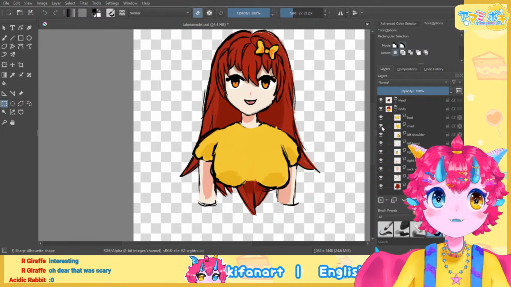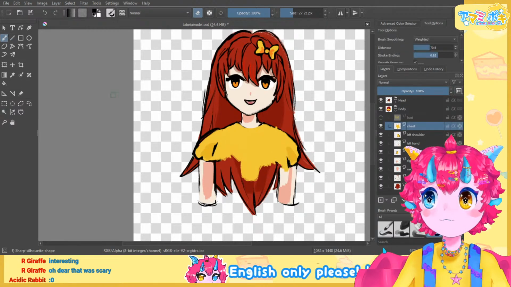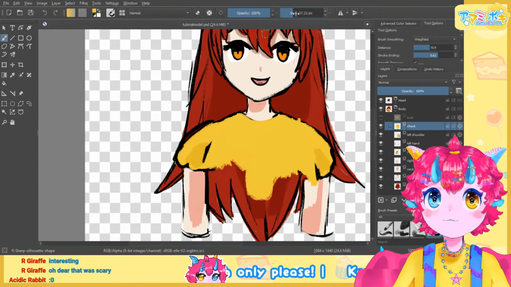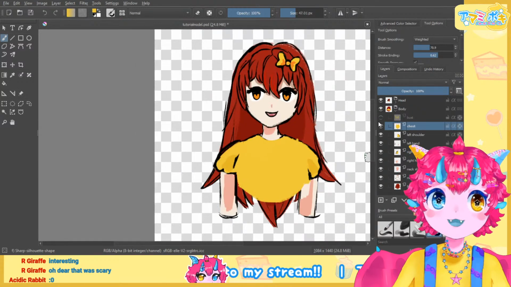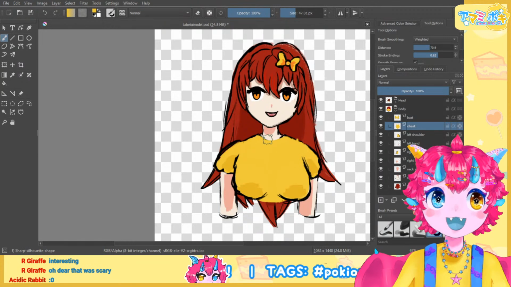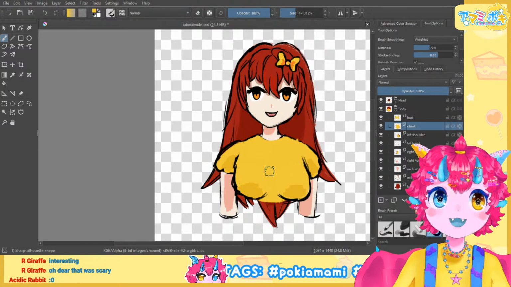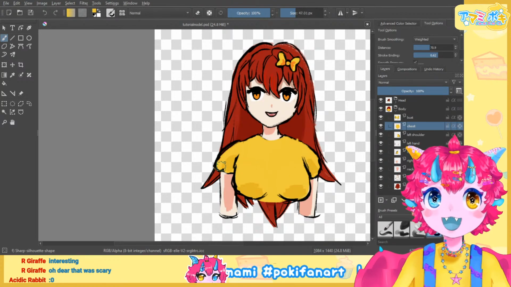There's the chest. I probably should fill the chest even more. Yeah, that's what I'm talking about. This needs to be filled, because otherwise, when you move the bust too much, it's going to reveal that there's actually a hole here. So this all needs to be filled very well. There you go. And then we have the left shoulder. This is also separate because when she moves to the side, the breasts are going to cover the arms,